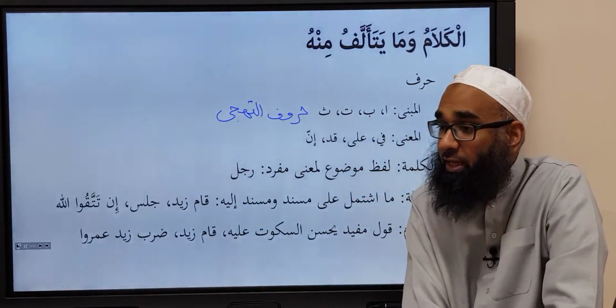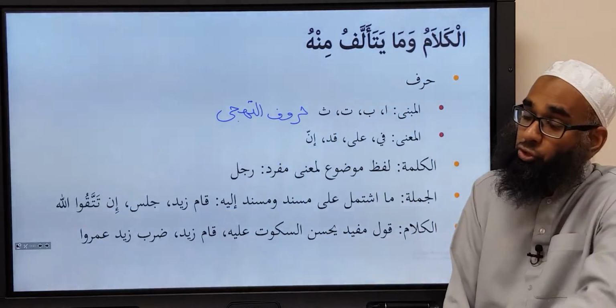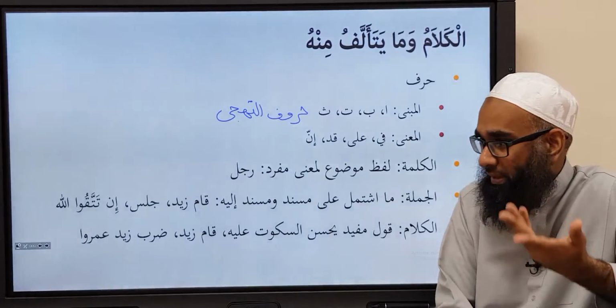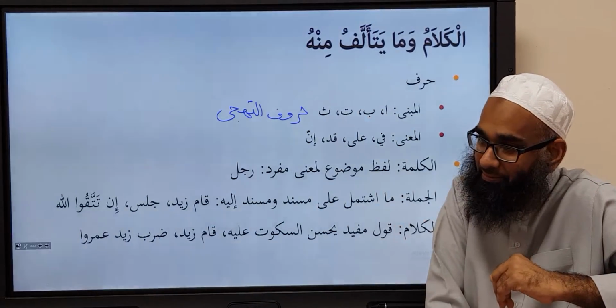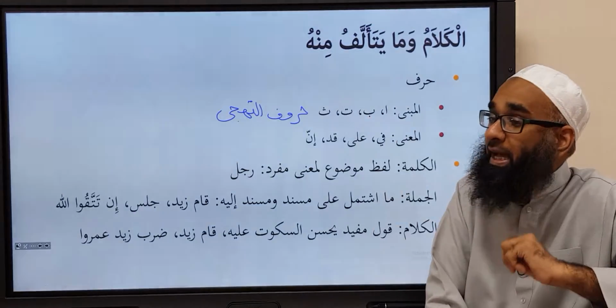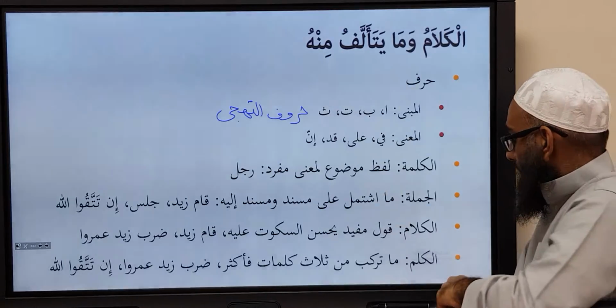In tattaqullaha yaj'al lakum furqana, that makes sense. The shar on its own, or a jawab on its own, but jawab on its own will be ascended. But if a shar on its own, a mawsul sila, those will be jumla, they won't be kalam. Correct? Now if you look at it here, before we go on further,